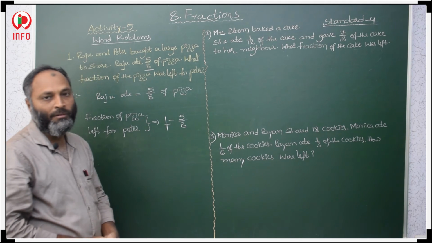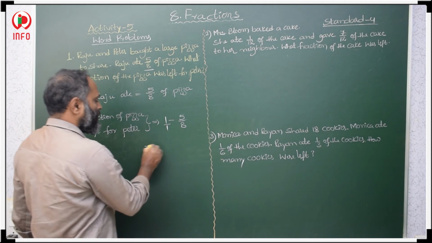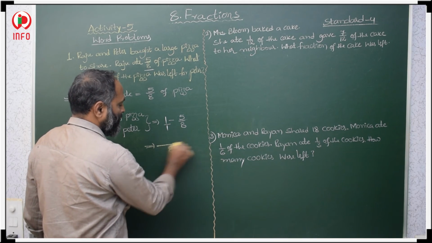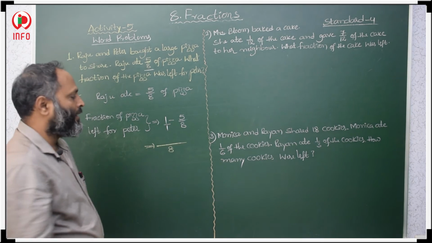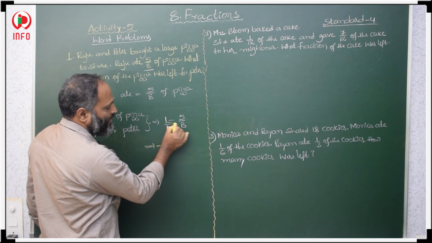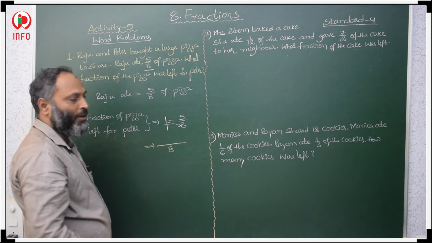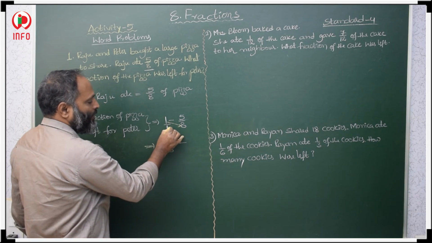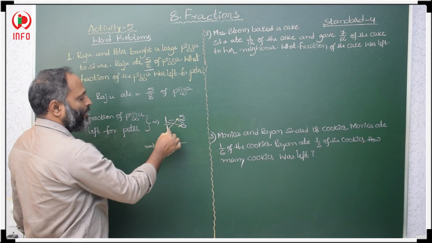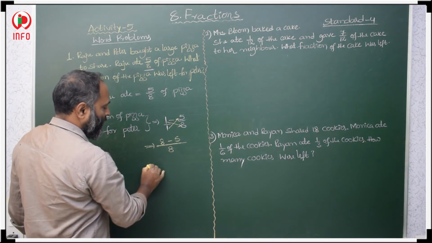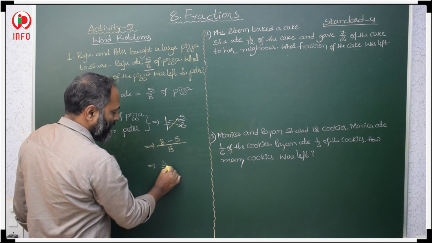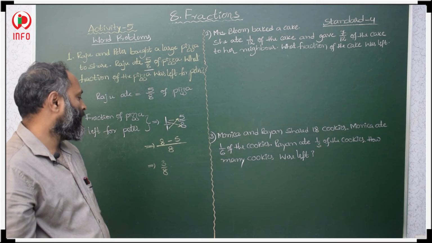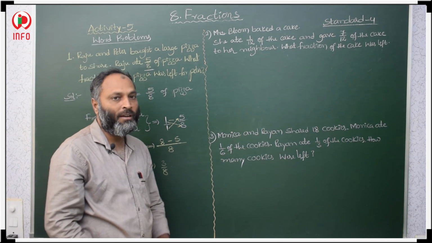There is no denominator, which means it is over 1. So how to subtract? We have to multiply these denominators, 1 times 8 is 8. After that we have to cross multiply. First fraction numerator with second fraction denominator, 1 times 8 is 8. Then the minus sign. First fraction denominator with second fraction numerator, 1 times 5 is 5. 8 minus 5, 3/8. A 3/8 fraction of the pizza is left for Peter.